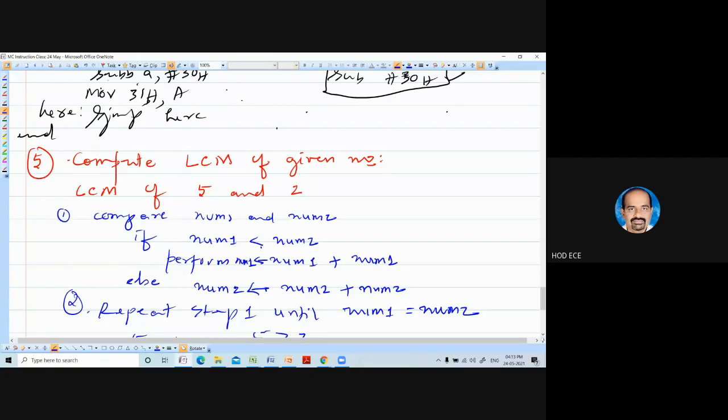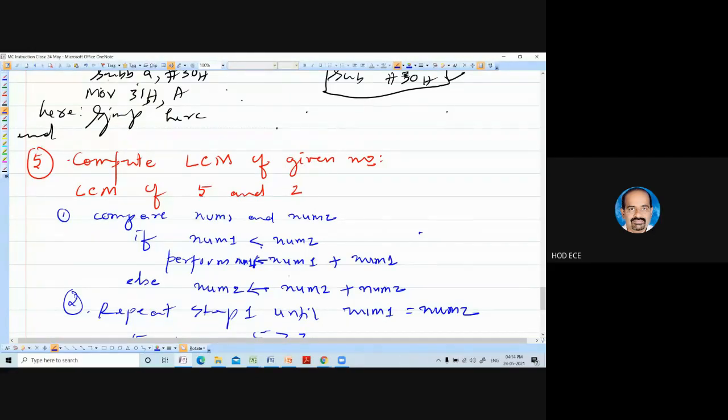Should be very careful here. So num1 I have used as the notation. Num1 plus num1 I am copying to num1, I wrote. So when you are using notation, you should be very, very careful. So you make it num11.